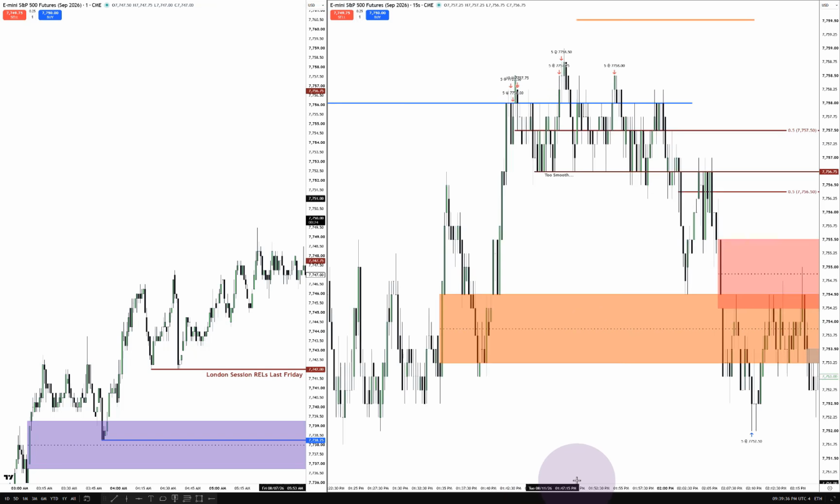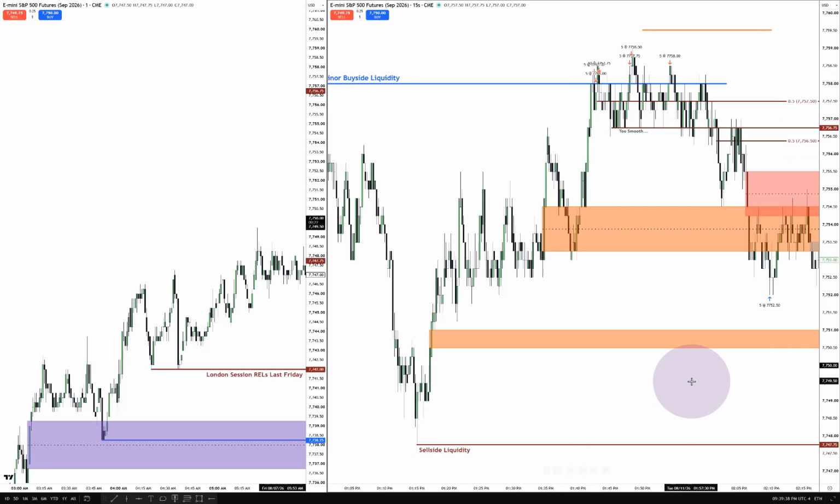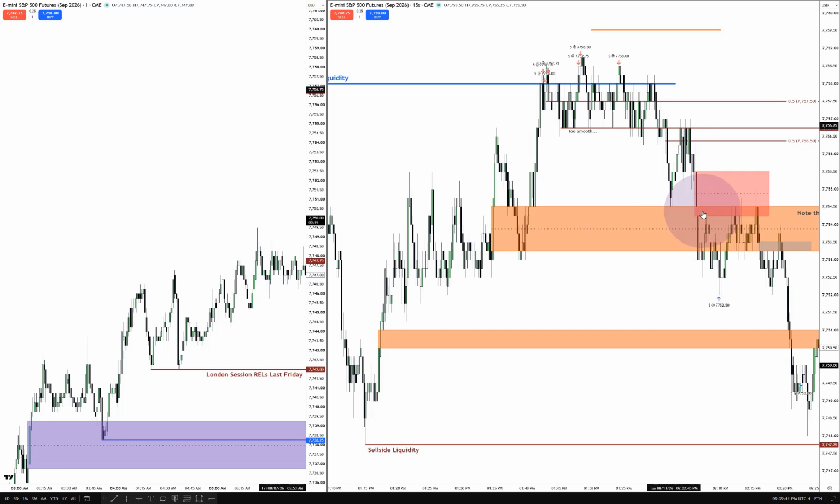Let's crunch this up a little bit more. And I took a first partial right below the inversion fair value gap there. You can see that fill. Then we came up and we worked inside the inversion fair value gap for a little bit of time, but eventually it popped outside of it to the upside, but it only went to a run inside of this SIBI